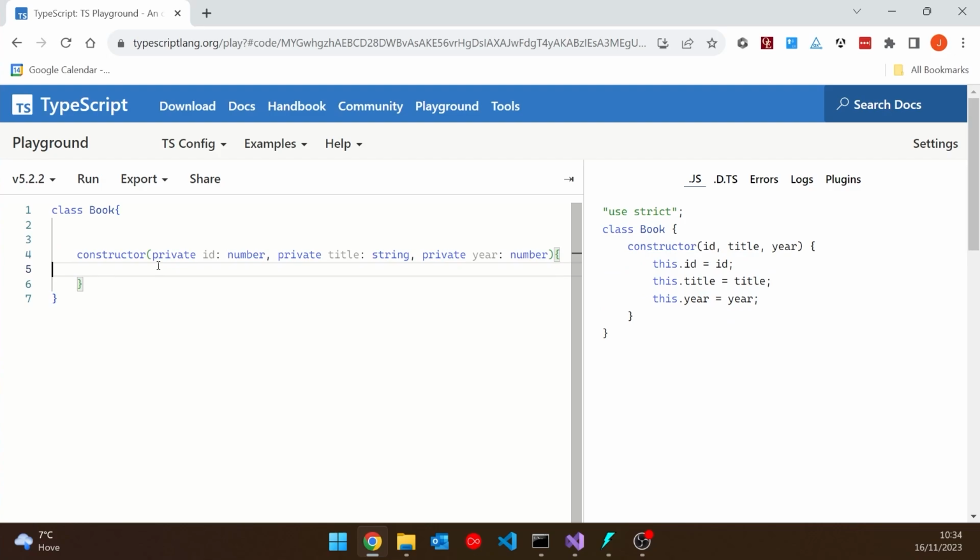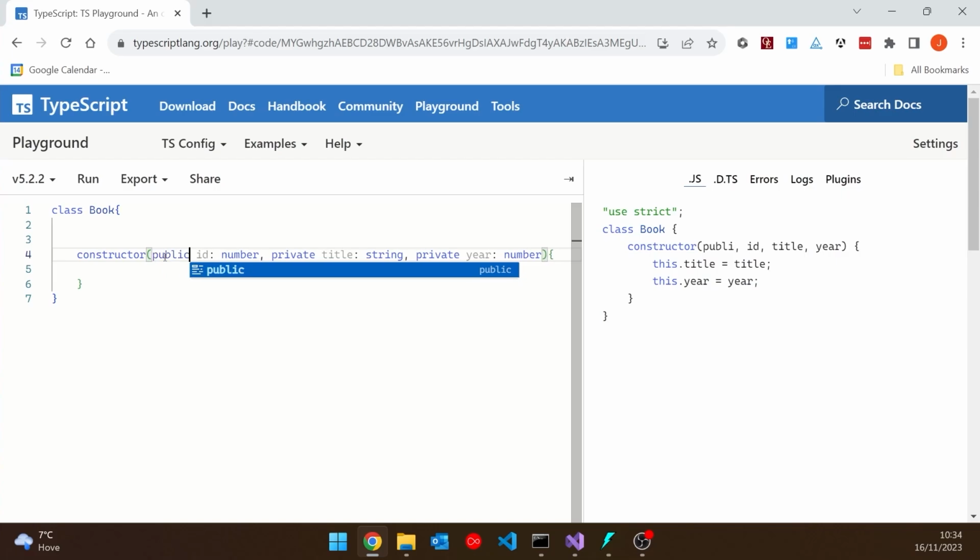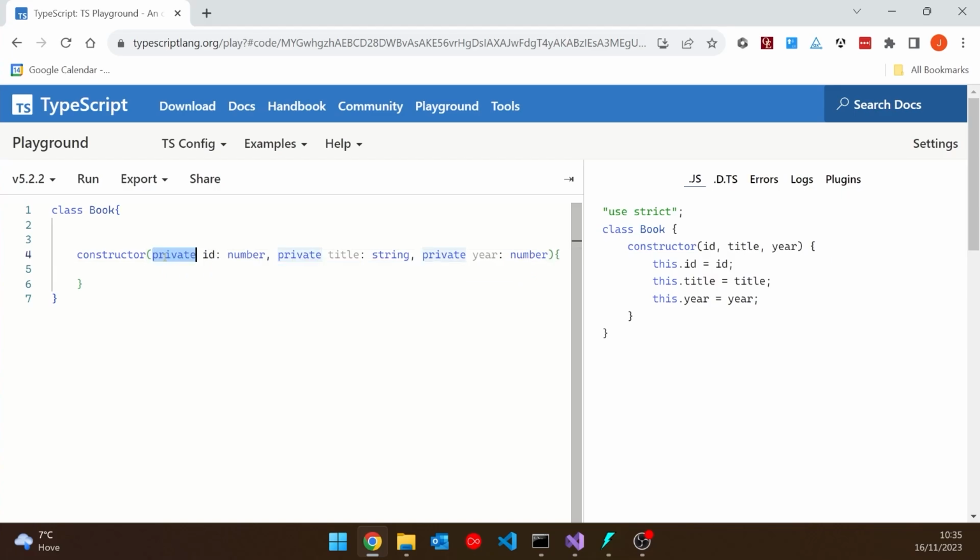So because we're repeating ourselves trying to do those 3 separate things, we can do it all in one go simply by putting the keyword private on the constructor parameters. And as you might expect, you could also do public and you get exactly the same thing, except the fields will be public rather than private. So it's one of my favorite little features of TypeScript, and I often wish I could do a similar sort of thing in C#. Well, with C# primary constructors, you can.